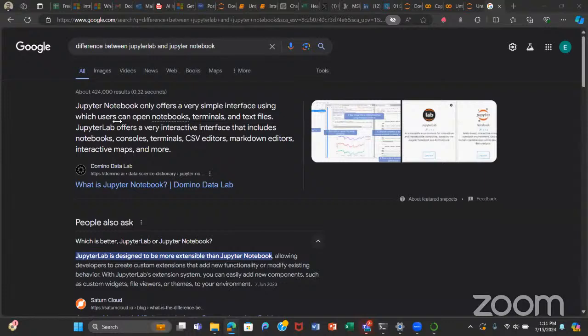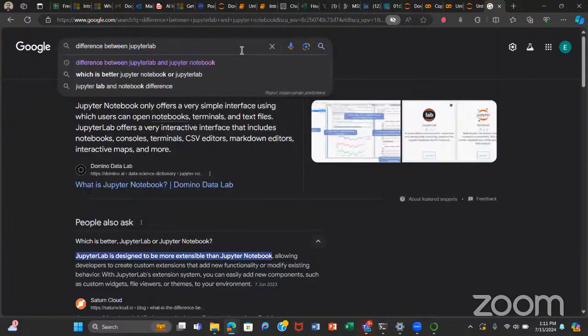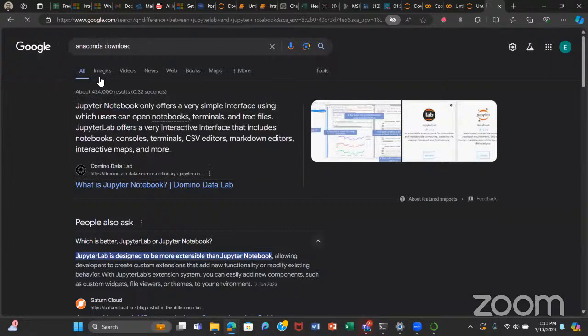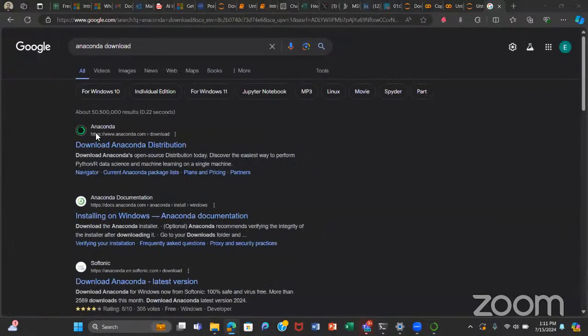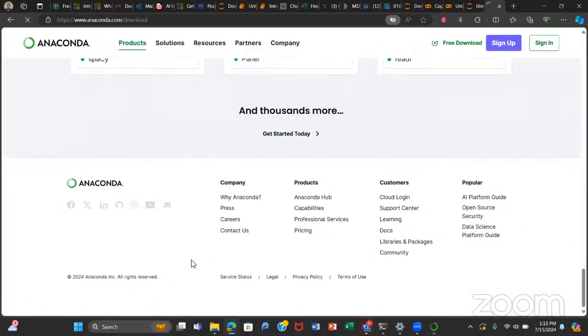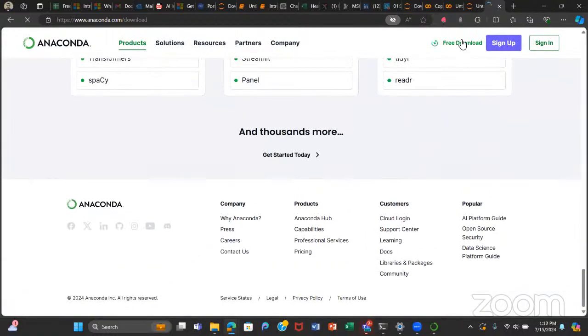The slides will probably be made available to you by my colleagues. If there's no other question, then Ibrahim, download Anaconda, and in Anaconda, you have Jupyter. That's what you should download. Someone sent the link earlier actually. If you just search Anaconda download, you click on it, and it's free to download.